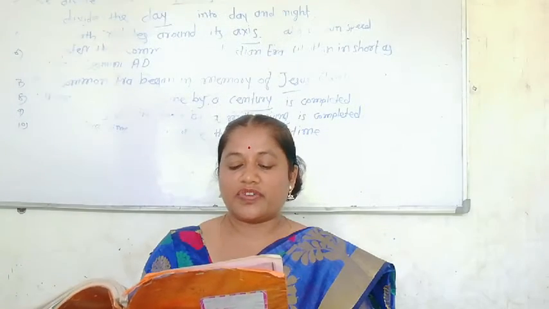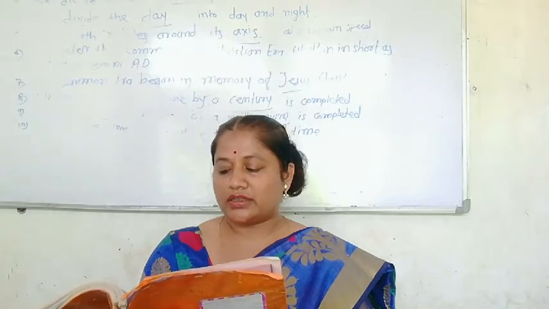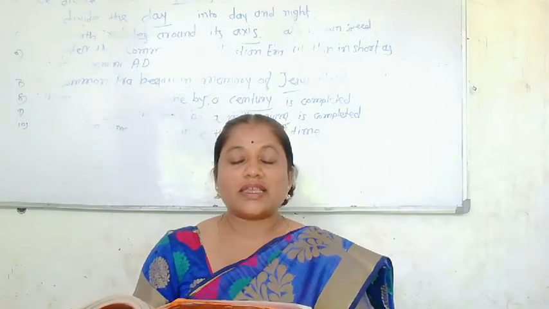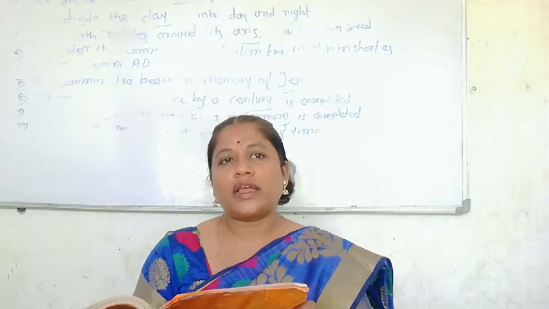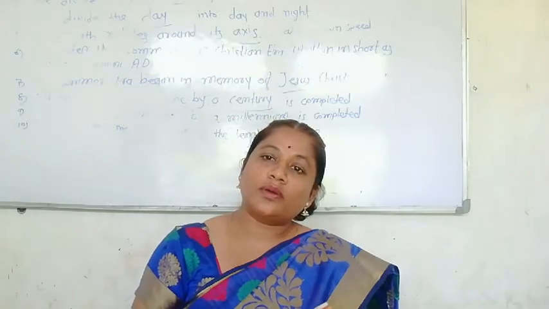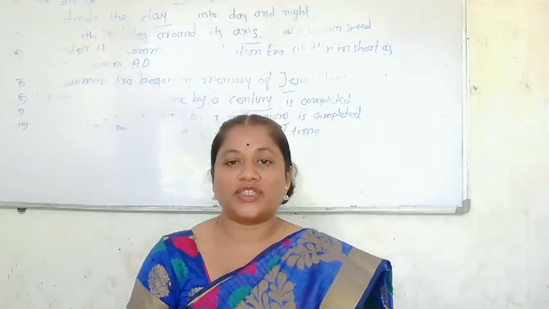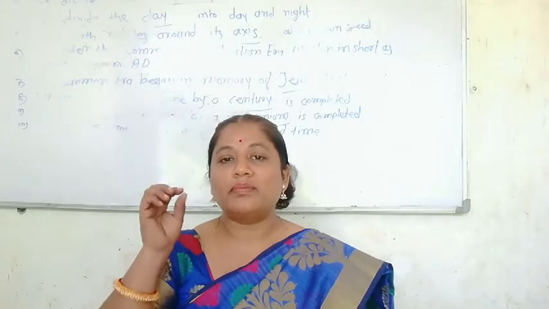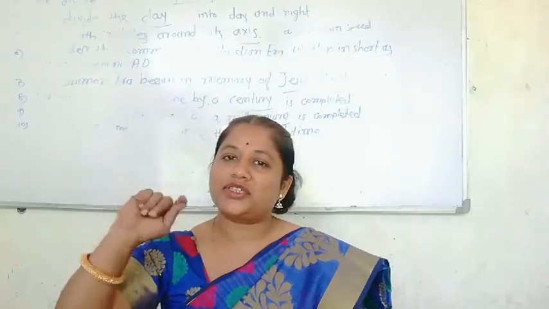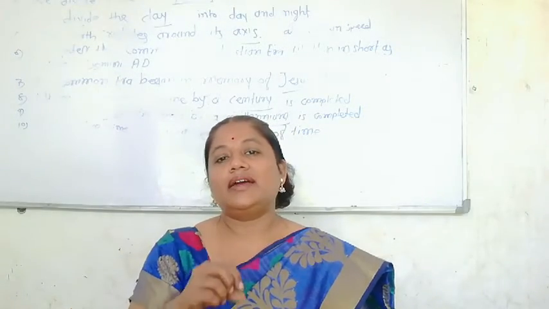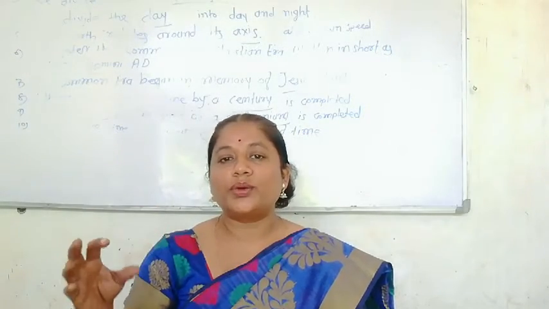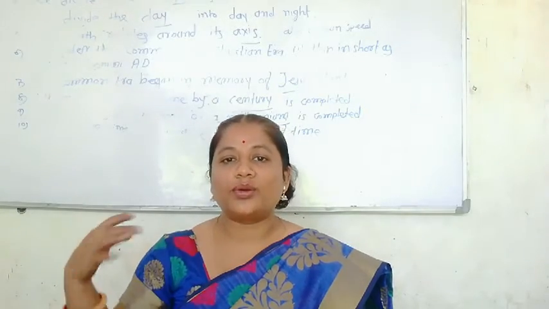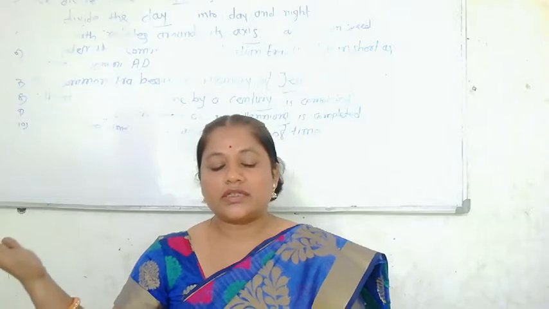What happens when the mother hen sits on these eggs? They get the warmth, and this warmth helps the proper growth of the chicks. After a specific time period, when the chicks are completely grown, they break the eggshell from inside, and in this way completely grown chicks come out. Now those chicks again grow and become the adult hen.